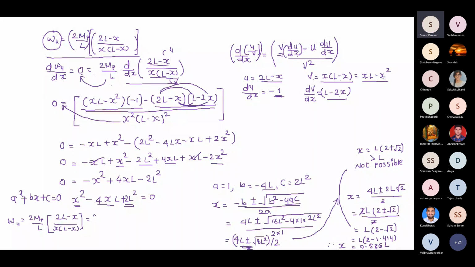And then we have 2Mp upon L in bracket 2L minus 0.586L divided by 0.586L in bracket L minus 0.586L. And just calculate this and tell me the answer. So we have Wu is equal to